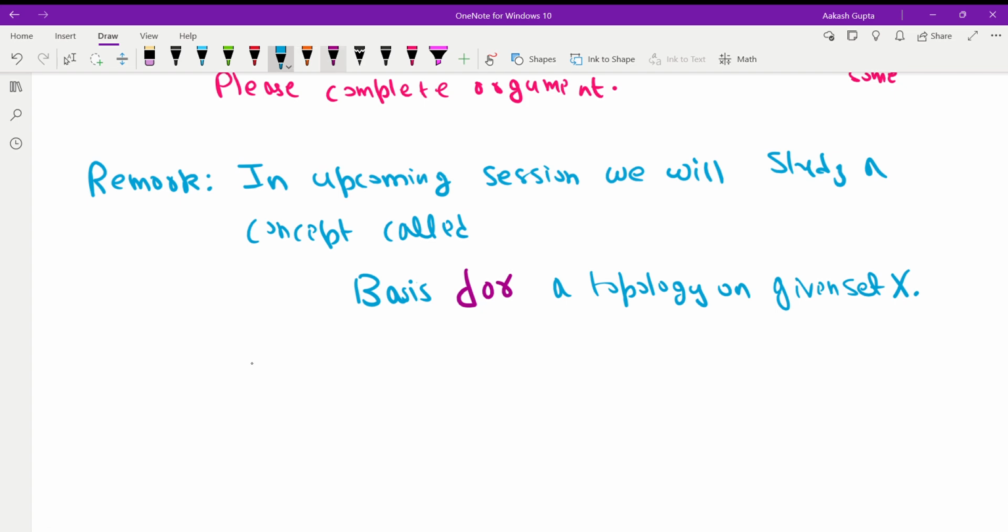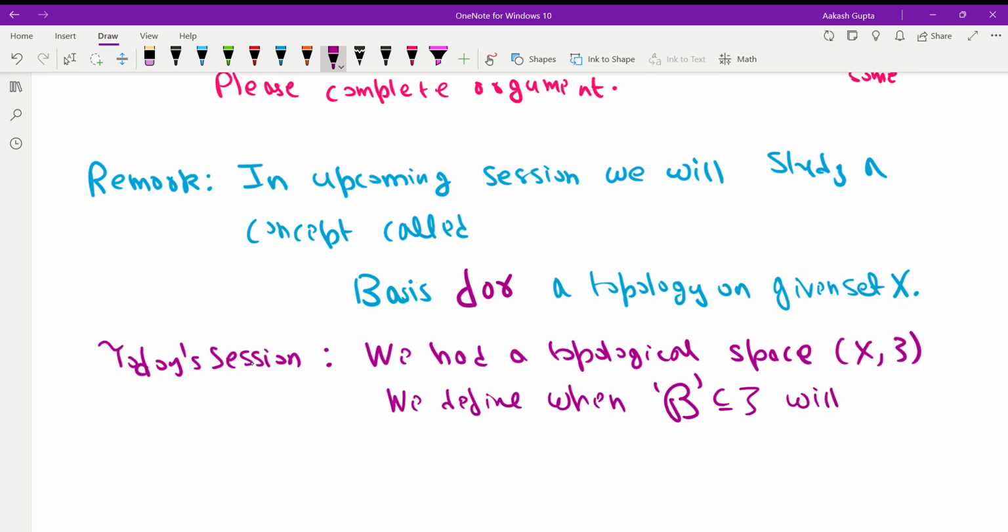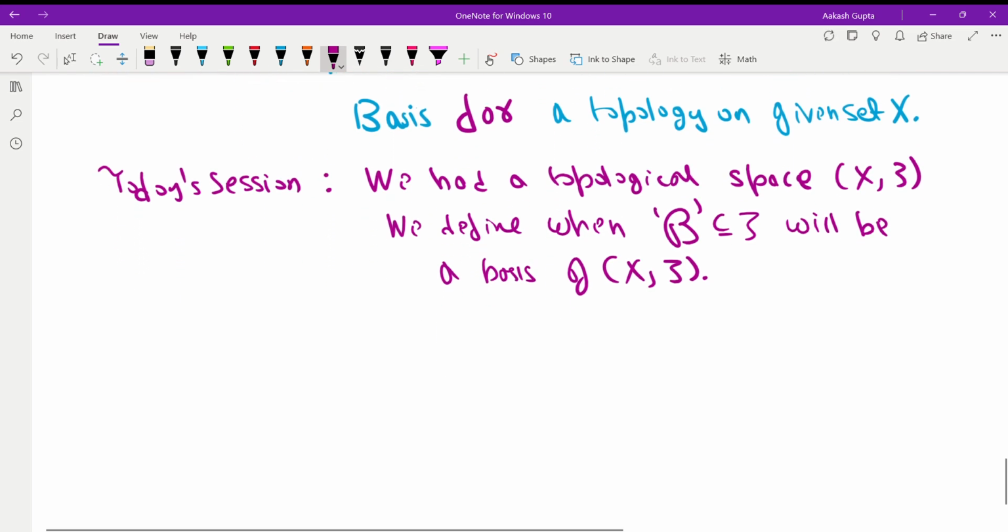In today's session, we had a topological space, right? We defined when this script B, which was contained in tau, will be a basis of the topology, right? So in the next session,